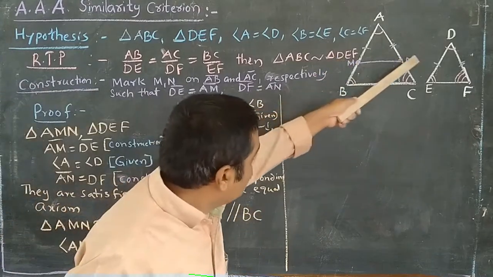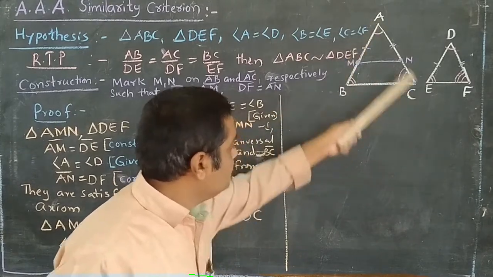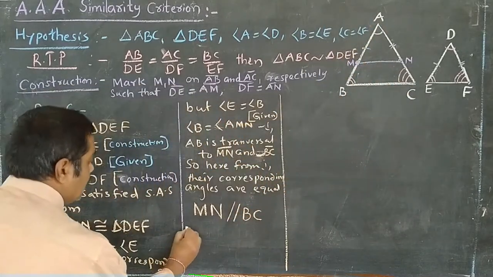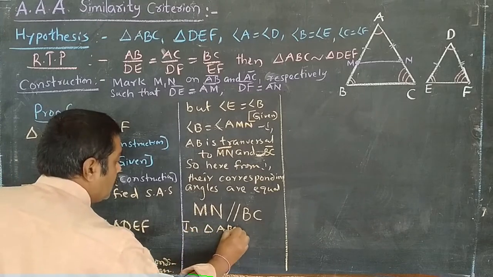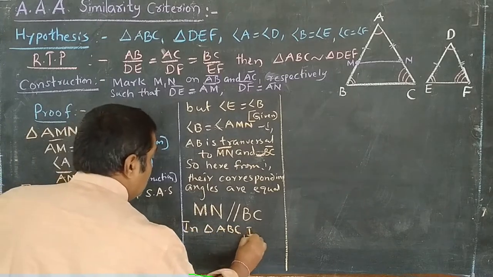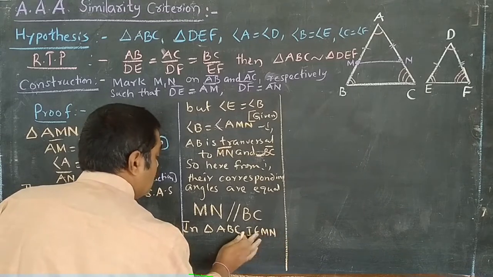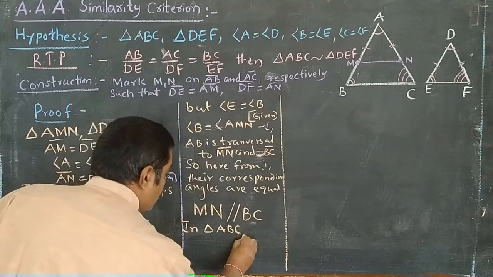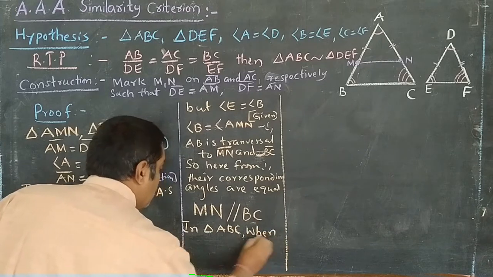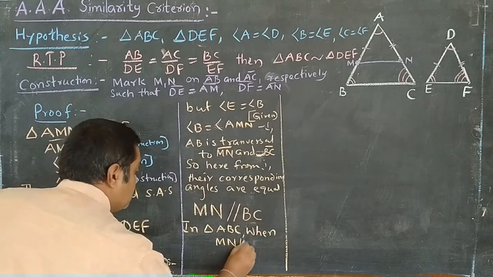When MN is parallel to BC in triangle ABC, so in triangle ABC, when MN is parallel to BC,